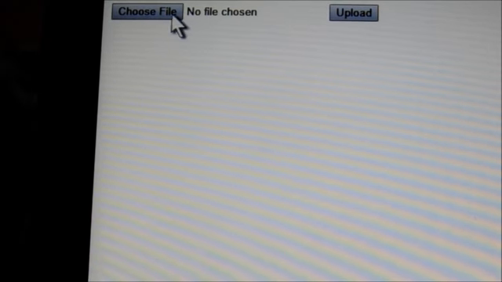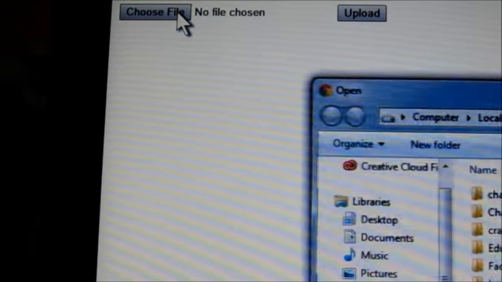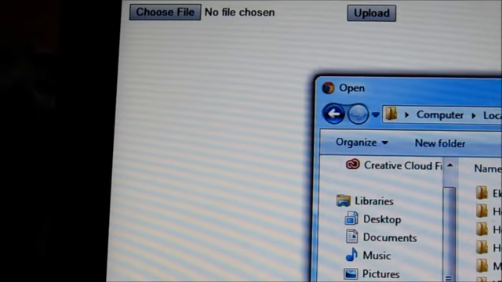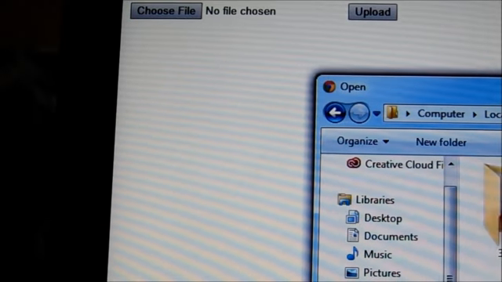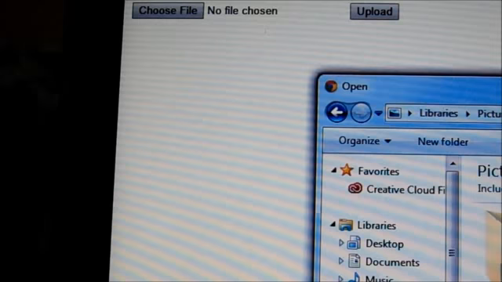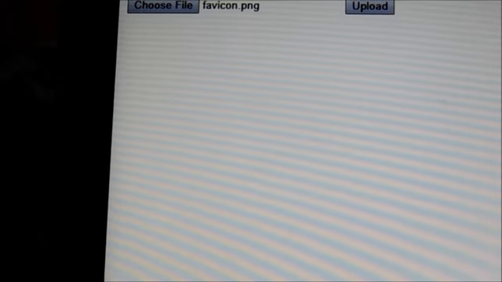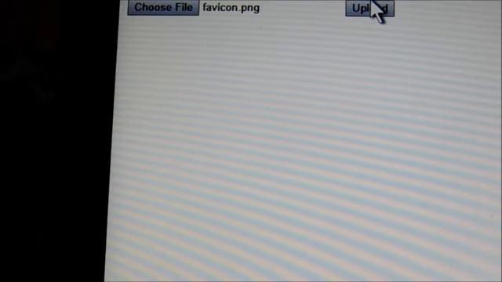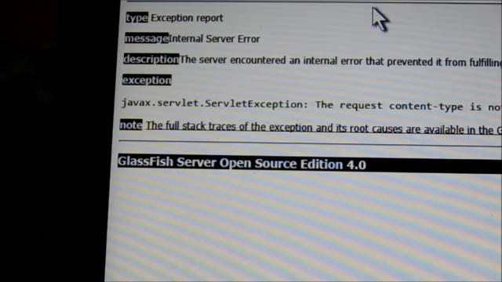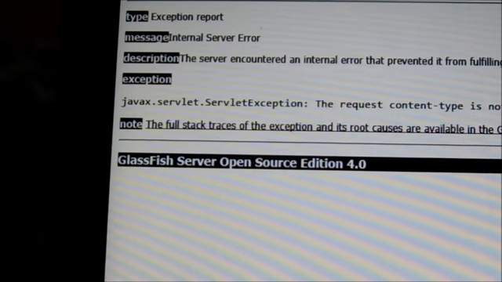First you select choose file, and I am selecting, suppose, an image file, favicon, and then click on the upload button. Oh, an exception is generated.